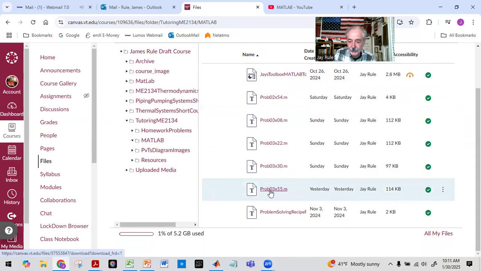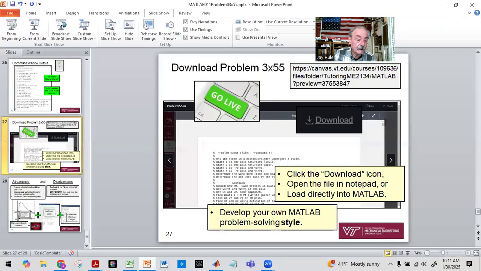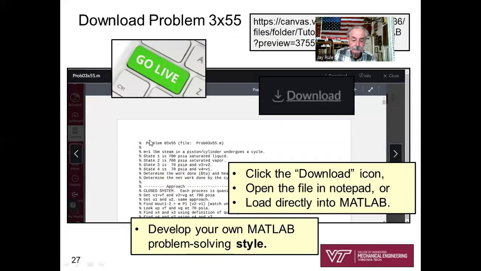And so you can click on this. It'll open in your Canvas browser. You can click download and you can possess this MATLAB file. I'll try to go clean up some things, the blunders, and repost it. Okay, let's see. Now I've got to go back to PowerPoint. Pardon my clunky behavior here. Click the download icon, load directly into MATLAB. Develop your own MATLAB problem-solving style. So remember, I share this simply to show you how I solved the problem. There's plenty of other ways to solve the problem, but I do want to recommend that you document your work